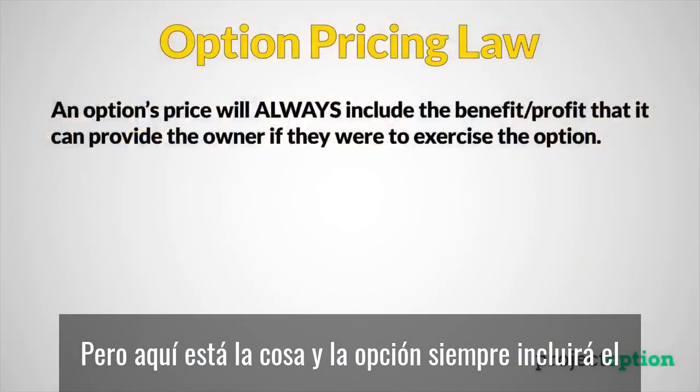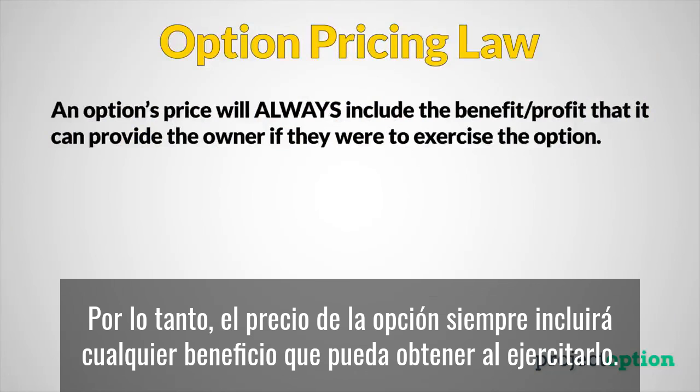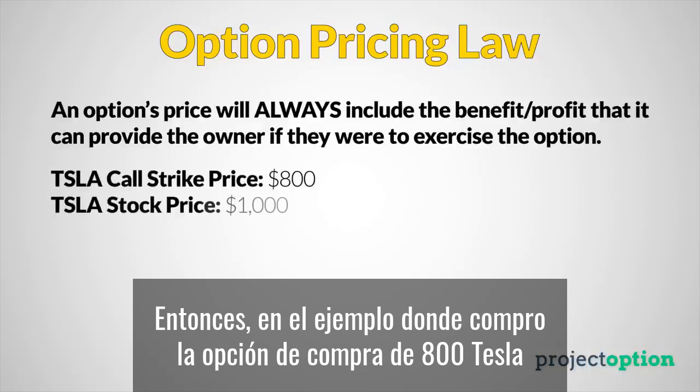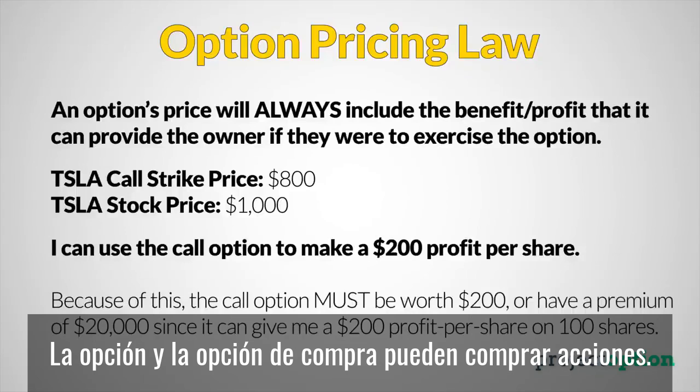An option will always include the benefit that it provides the owner in its price. So the option price will always embed any profit that can be made by exercising it. So in the example where I buy the 800 Tesla call option and the stock price goes to $1,000, since I have a call option and the call option can buy shares of stock $200